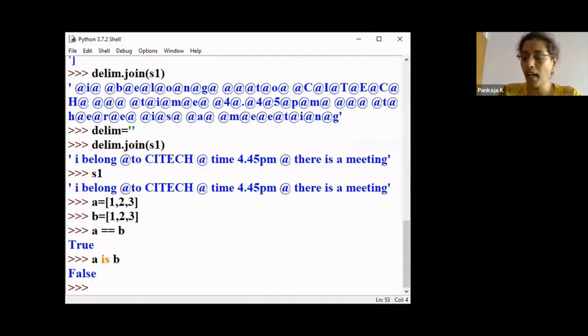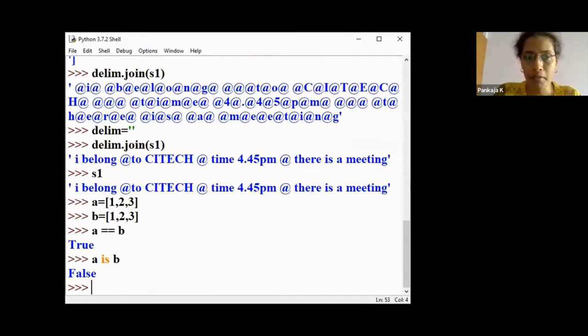What does this actually mean? When I use the equal to operator, it compares the values of both A and B. Here both values are the same, so we are getting true. But the is operator in Python checks whether both operands refer to the same object or not.